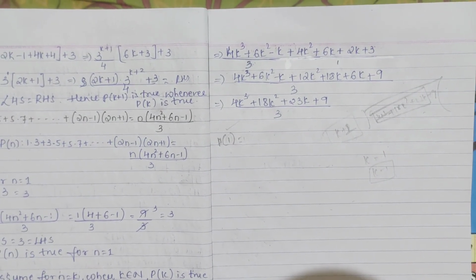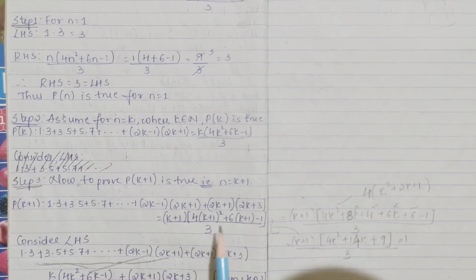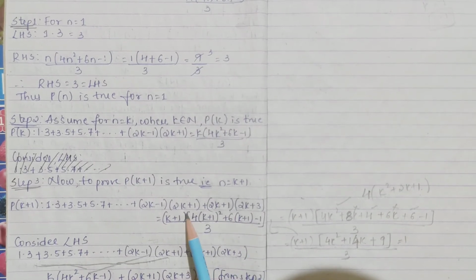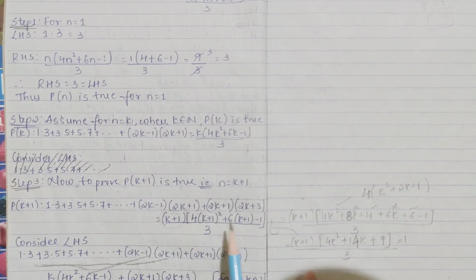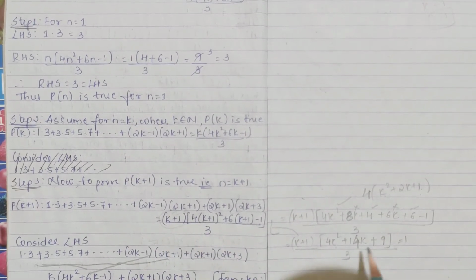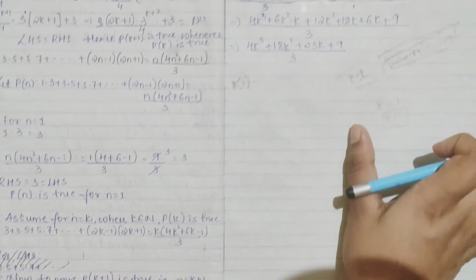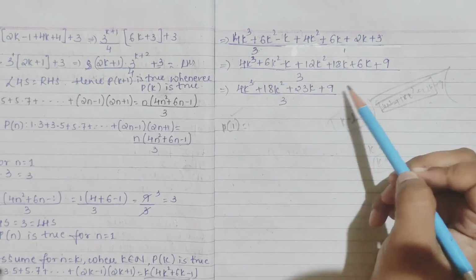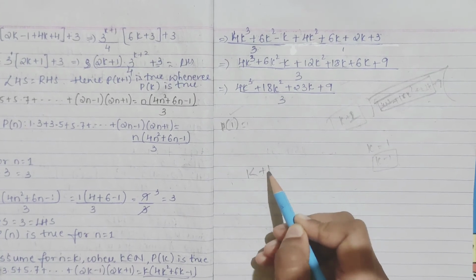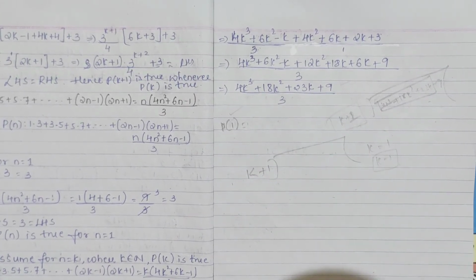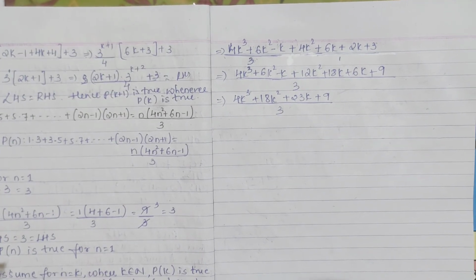Or else see here, in this we have to prove it, we have to show it, right? So in your right hand side you can see k plus 1 is there. From this only we can understand k plus 1 is one factor of this term. So obviously in your left hand side, whatever cubic value you have got, k plus 1 should be one factor. So we should divide it by k plus 1 so that we get the values of RHS. In this part you have to show LHS equals RHS.